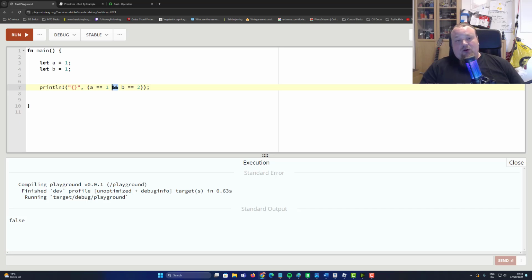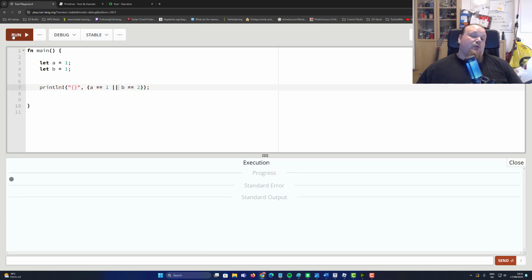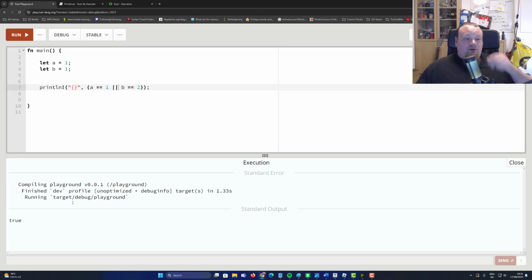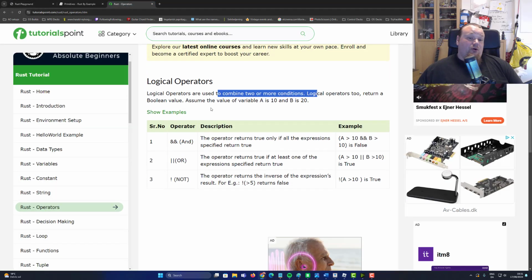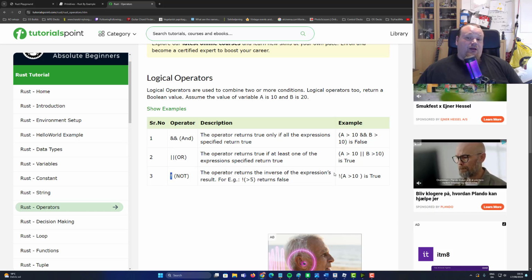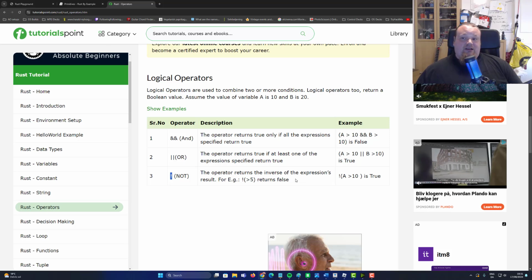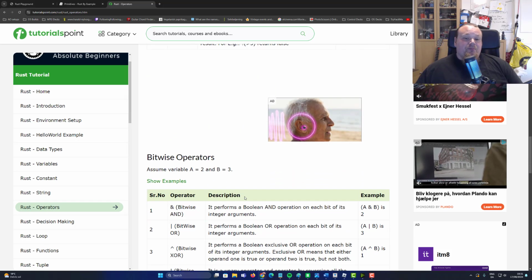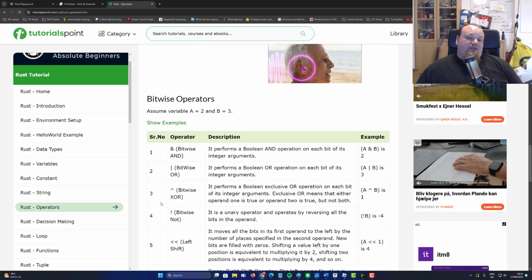If we went to the or, for example, like that, we would reverse it to being true, because then we are saying either this or that needs to be true. This is exactly the same way it works. Also, the not operator is here, so we could reverse saying if it's not larger than or equal to, which is a nice addition. The bitwise operators are a bit more